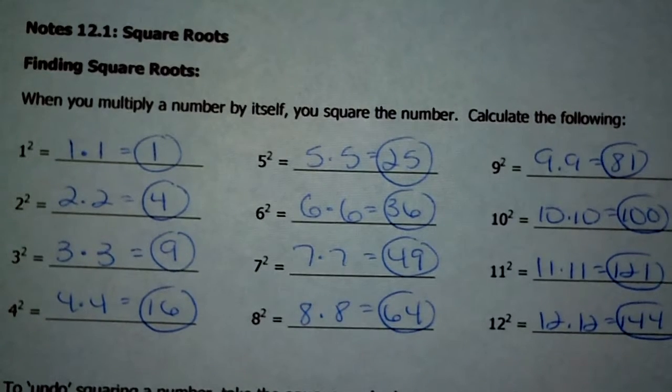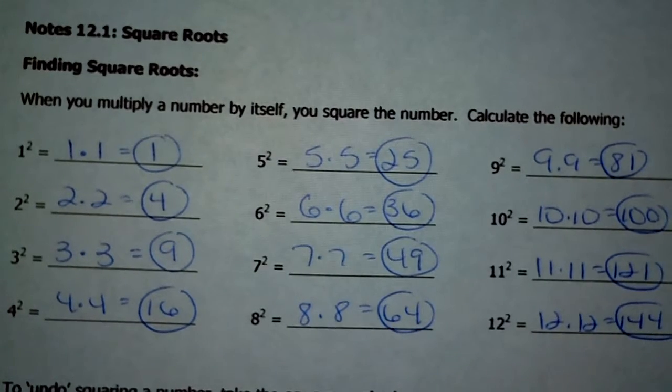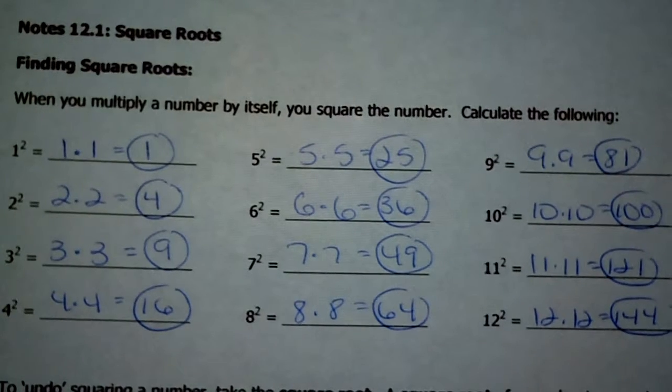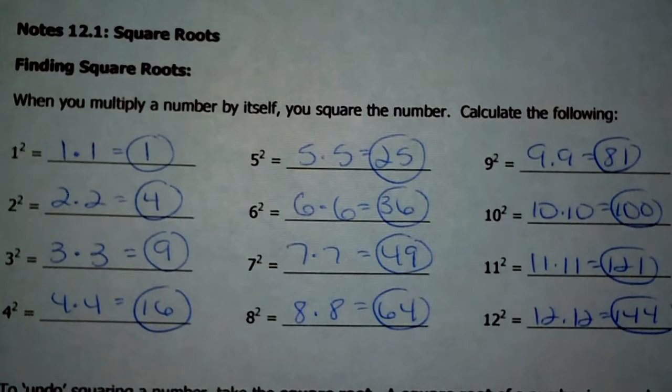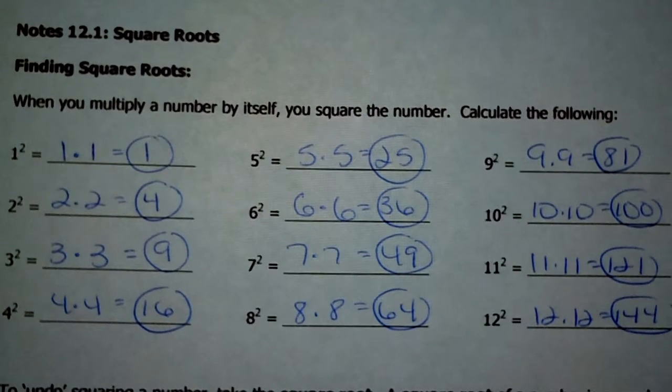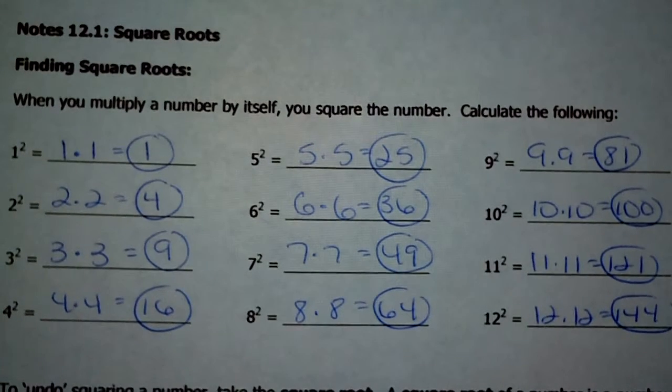One good thing for you to do is to memorize these. It's going to make today's lesson go by a lot faster and easier, or the application of today's lesson, if you know those and have them memorized, 1 through 12. All right, so what we're going to learn how to do next is to undo squaring